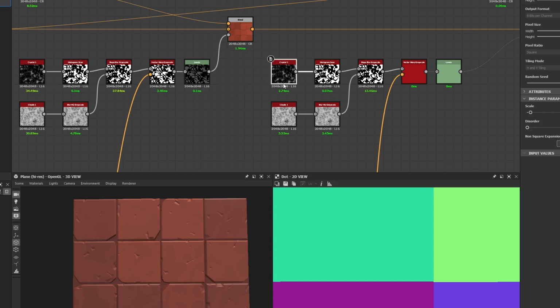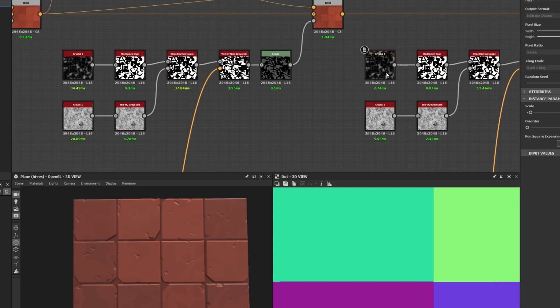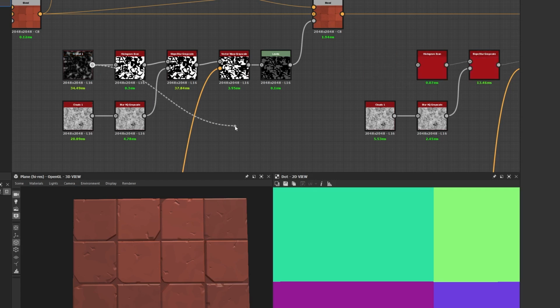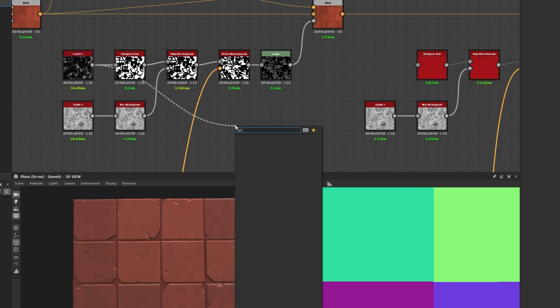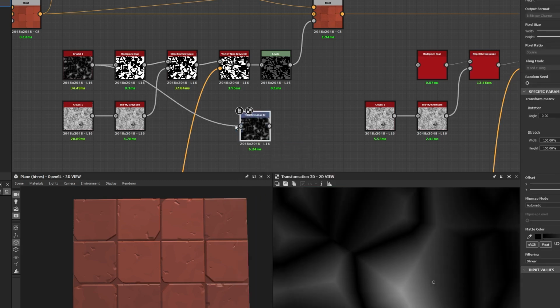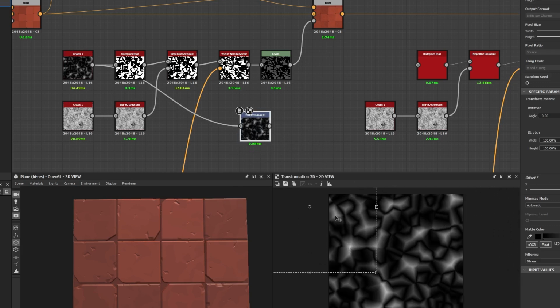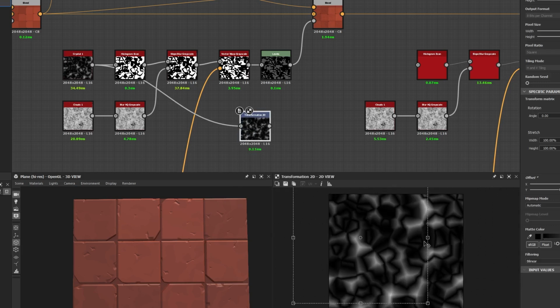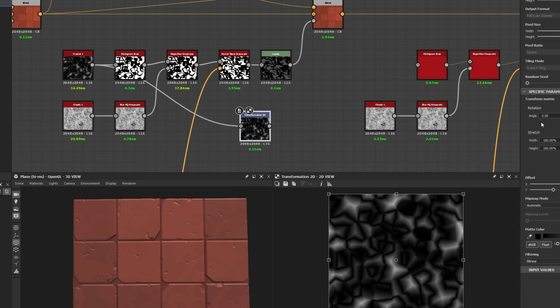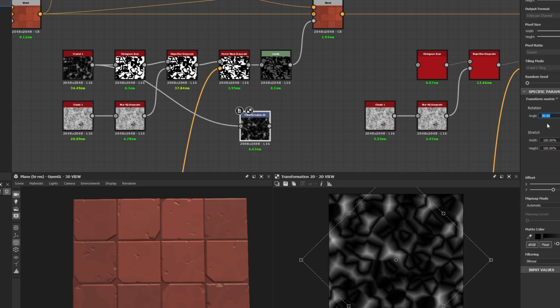But I'm going to show you guys a little trick to save on performance. Again, you can keep copying if you're making a small material, but I'm just going to show you another cool node here. This one's called the 2D, or the transform 2D. If you type in 2D, it comes up. And basically, this lets you manipulate the texture so you can move it. You can rotate it. I wish there was a slider for it, but we can do like 45 degrees, 90 degrees, and